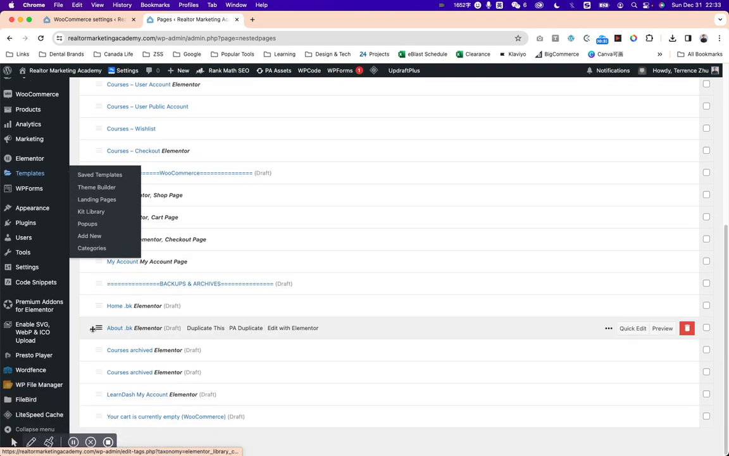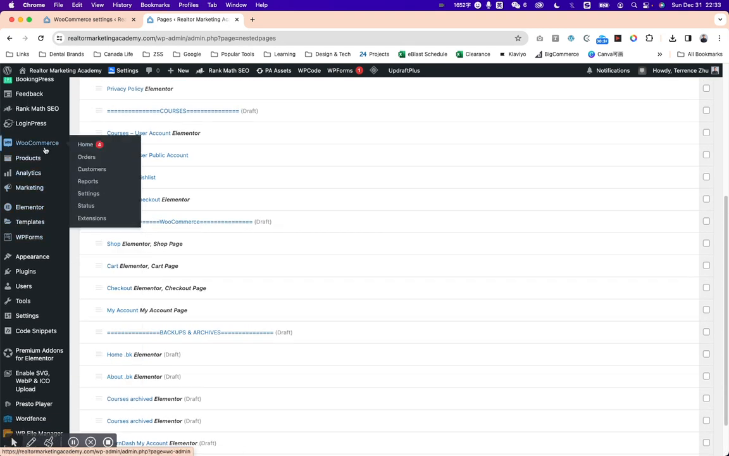If you scroll down, there are three sections, basically three categories for WooCommerce. WooCommerce has home, orders, customer report, settings, status, and extension. These are status, analytics, and checking for the WooCommerce. And the second tab is products. So basically, you will add categories, tags, and attributes for all the products you uploaded onto the website, which I